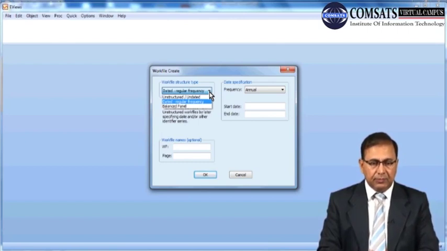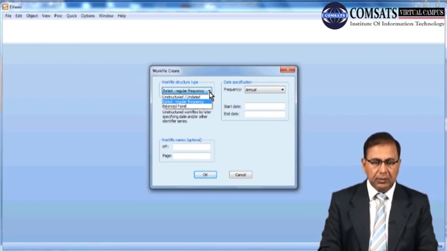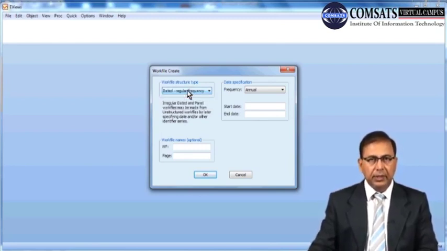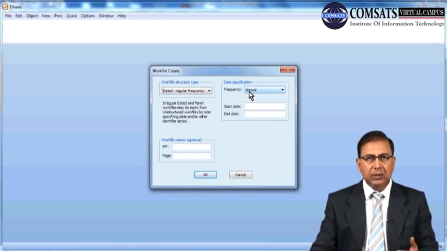Now, what is the meaning of dated regular frequency? The first option is dated regular frequency, which was selected by default when I opened this window. Just after this, you have to mention whether the dated series is annual, biannual, monthly, quarterly, or daily, and if days or weeks,